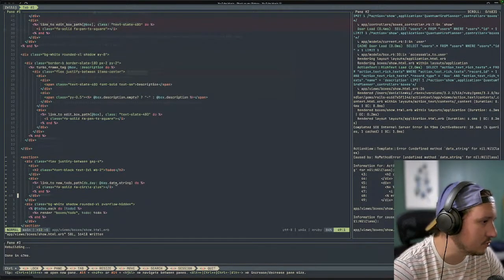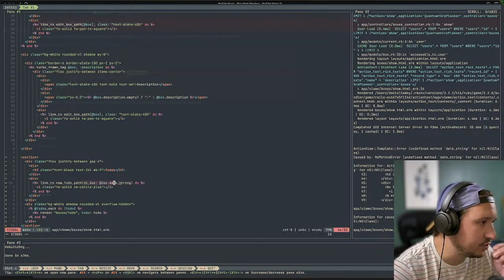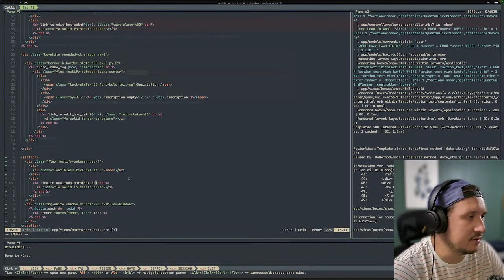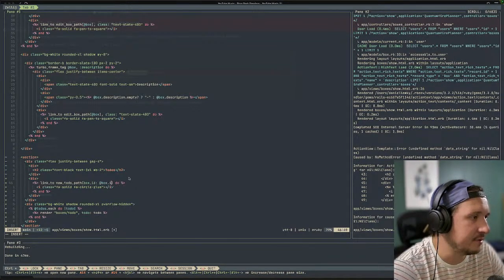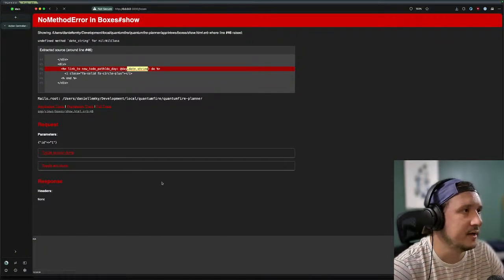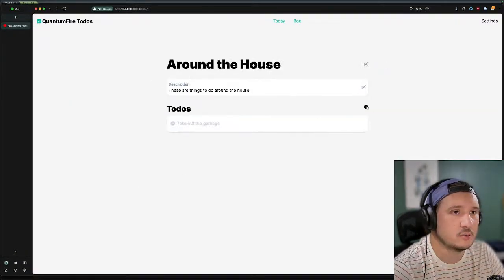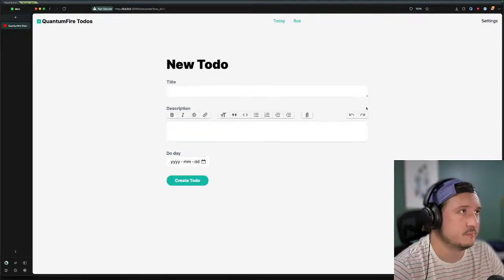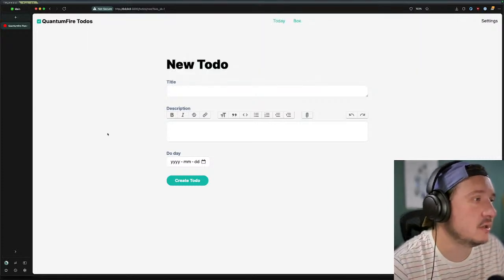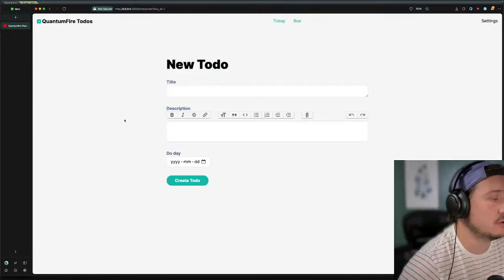Okay, so new to-do path, we don't want it to be added to the day. We want it to be passed the ID of our current box. Back here, boxes, we have the plus button. So it's passing the box ID as a parameter here. I can now